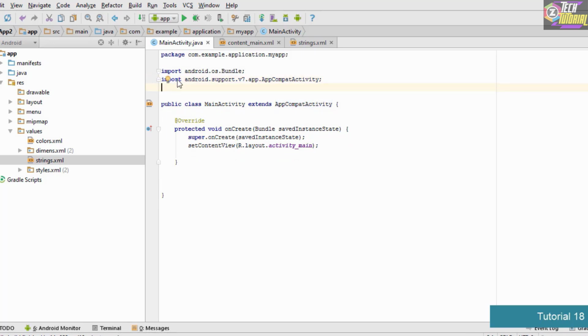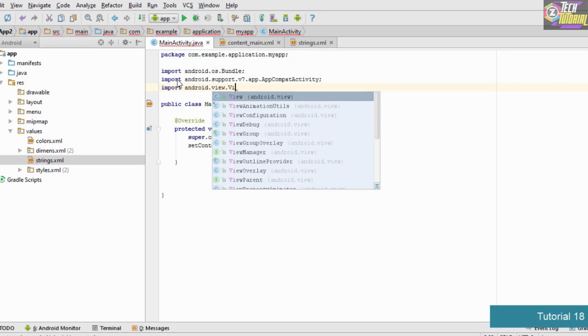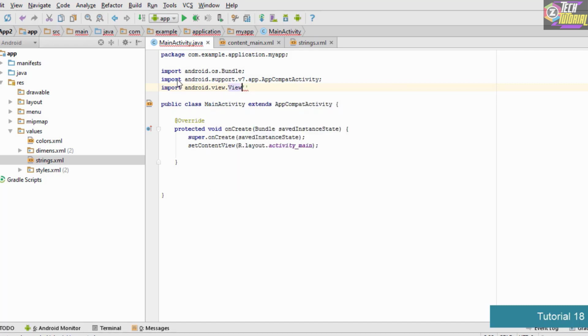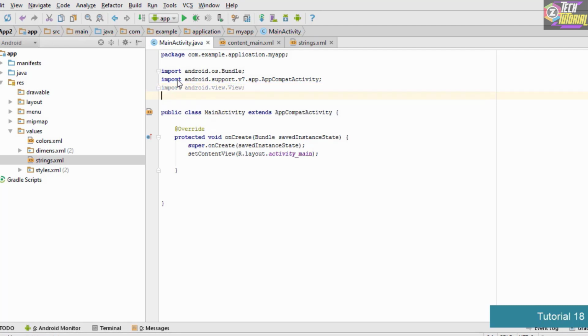The first thing which we want to import is the view. In order to import view, we type import android.view, and we are importing this view. That is because we are going to need it while handling the event.